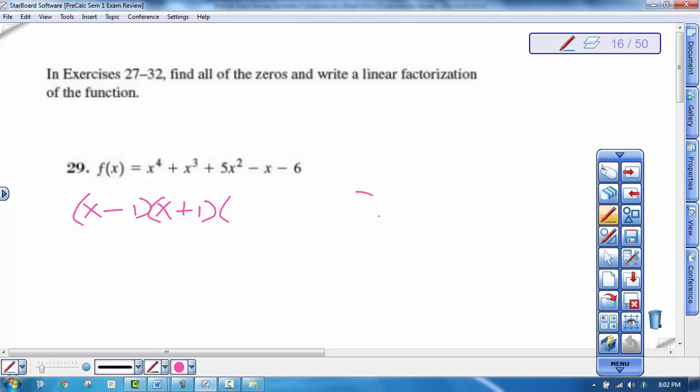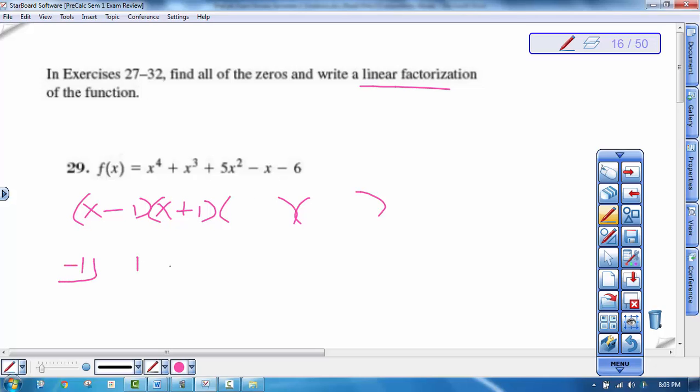And it means that then there's a quadratic left over. Now it could be two linear factors or it could be an irreducible quadratic. Either way, they want us to write the linear factorization, so we're going to have to write this all out. You could do long division. If you take this quadratic right here, if you FOIL it out and divide it into this polynomial, you'll get what's left over. I like to do synthetic division though, so we're going to take -1 and 1, and we're